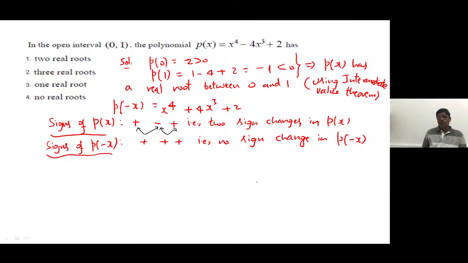So if the number of sign changes in a polynomial p of x is 2, then the polynomial has at most 2 positive roots, because there are no sign changes in the polynomial p of minus x. So the polynomial p of x has no negative real roots. Therefore, by Descartes' rule of signs,